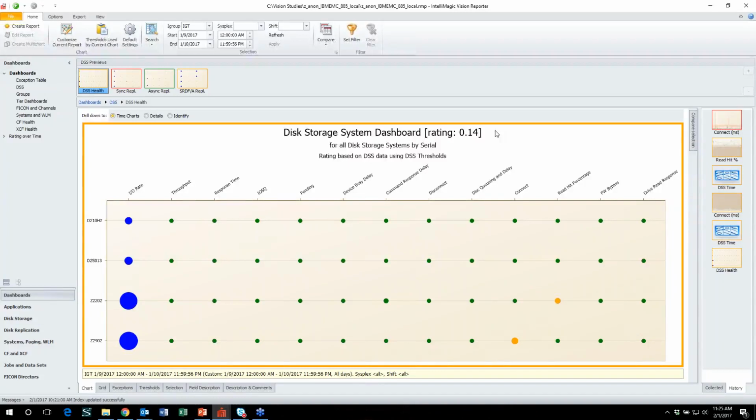3 would indicate that you're always in what we call a performance exception zone. That would be for a red rating. And then 0 would indicate you've never even exceeded an early warning for any of the intervals that you have data for. So this is giving you a good flavor for how the rating system works.